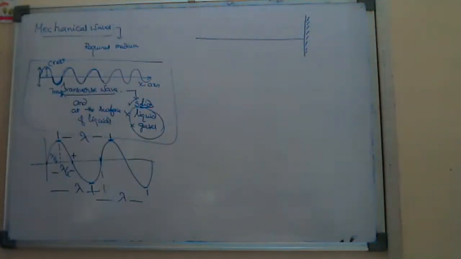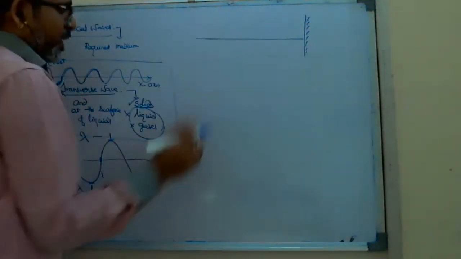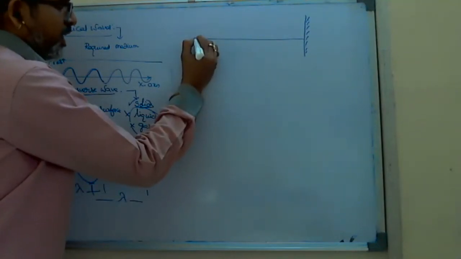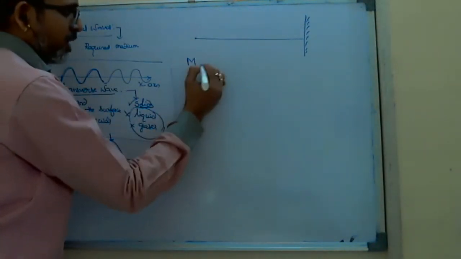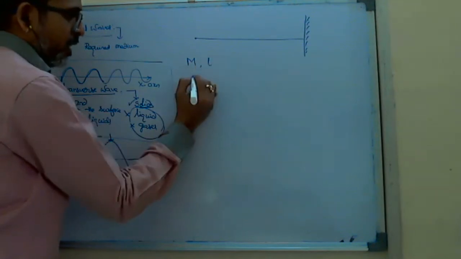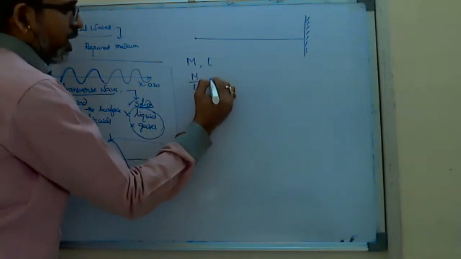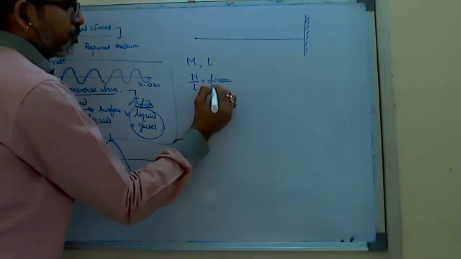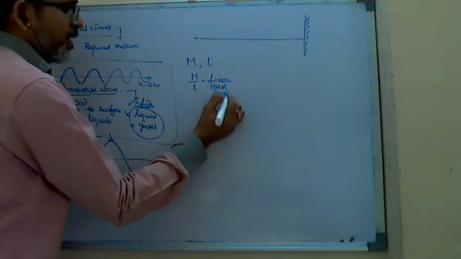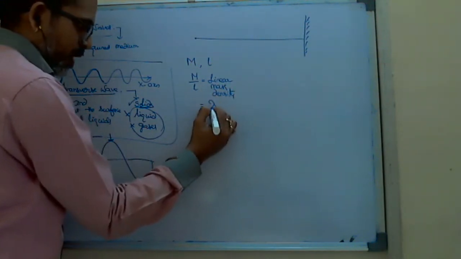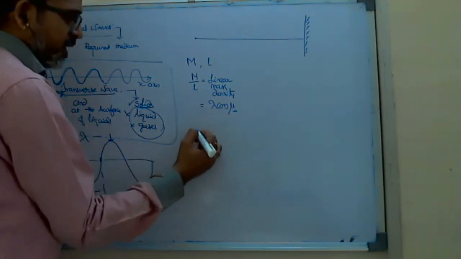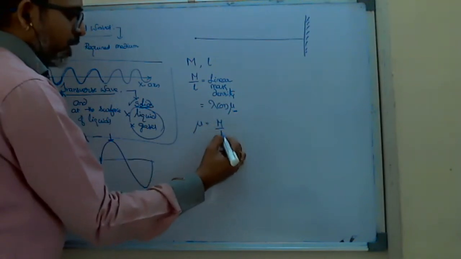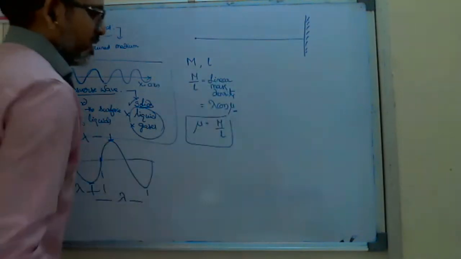First thing we say, suppose this is one solid, like a string. And here the mass is uniformly distributed. Mass is uniformly distributed means suppose the mass of the string is m and the length of the string is L, then mass per unit length is actually called linear mass density. This can be represented either with the letter lambda or in textbooks they use the letter mu. So better we go with the textbook representation. Mu is equal to m by L, total mass per total length. It is called linear mass density.